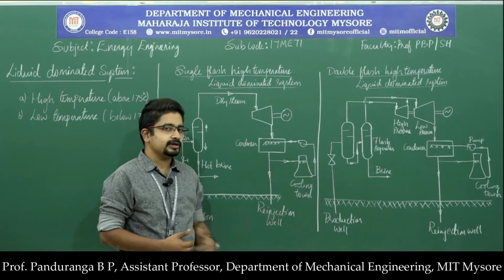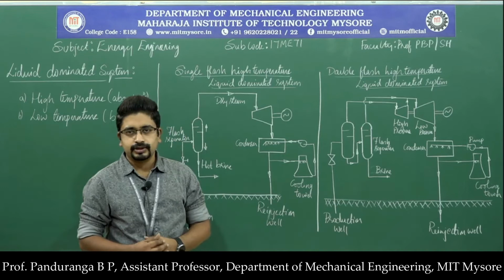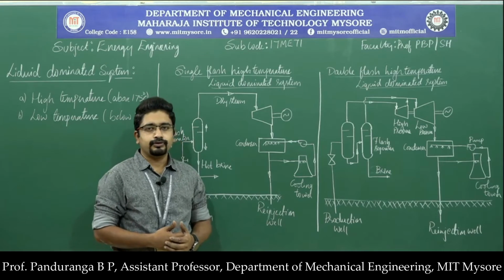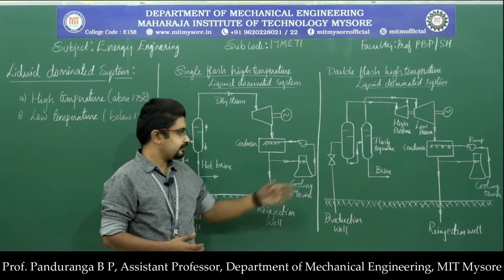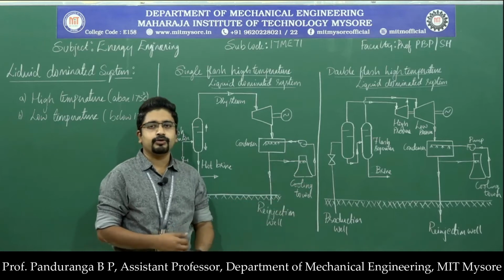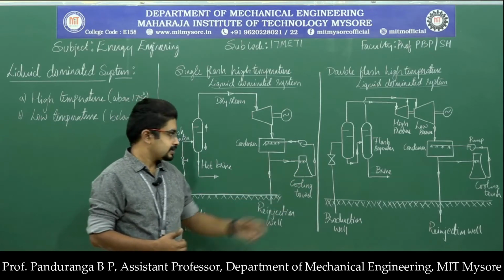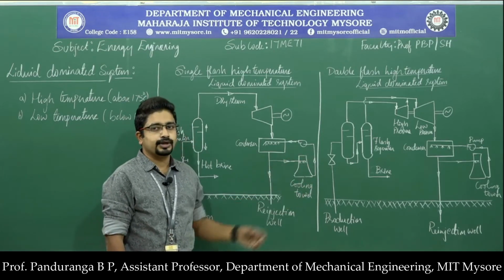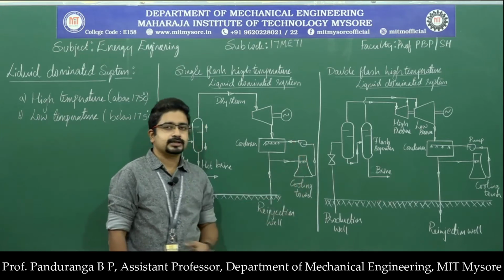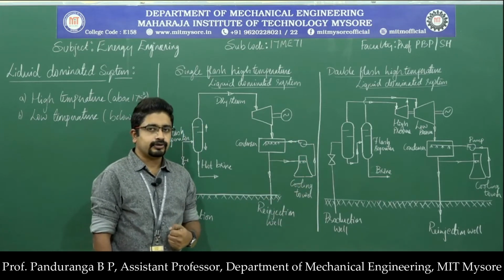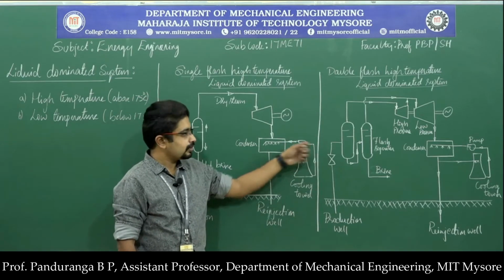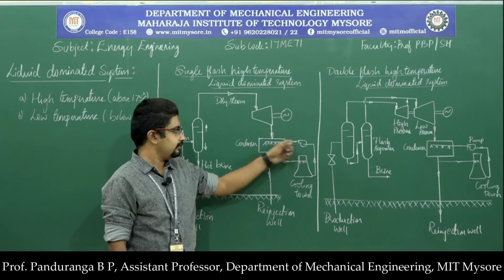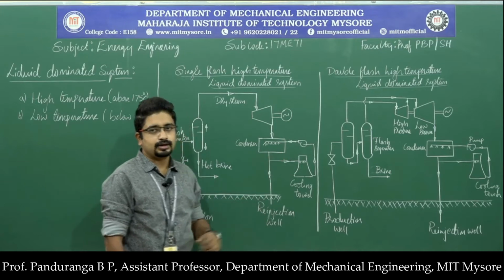So we use a cooling tower, and the cooling tower depends on the size and the amount of water. If the amount of water is less, then we can go for a forced draft cooling tower, and if the amount of water is very high, then we can go for a natural draft cooling tower. So we have a cooling tower here. As the water falls through the cooling tower, the air moves in the opposite direction, and the air removes the heat from the water, and the water gets cooled. That water will be supplied as cooling water to the condenser.